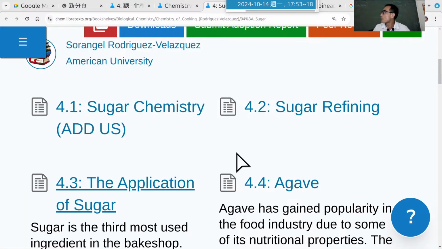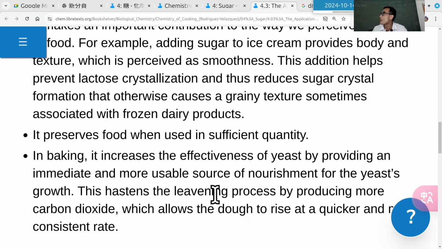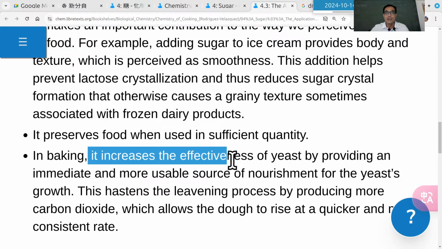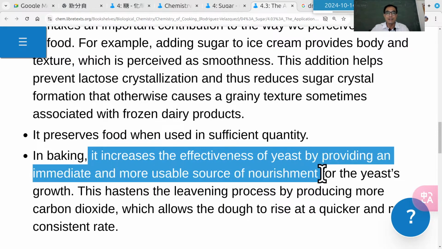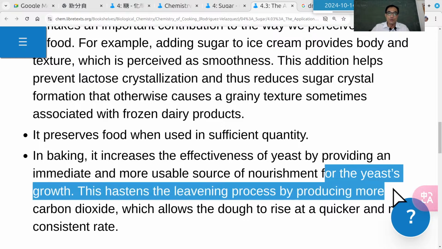Okay, let's move back here. Let's resume here. In baking, it increases the effectiveness of yeast by providing an immediate and more useful source of nourishment for the yeast growth,